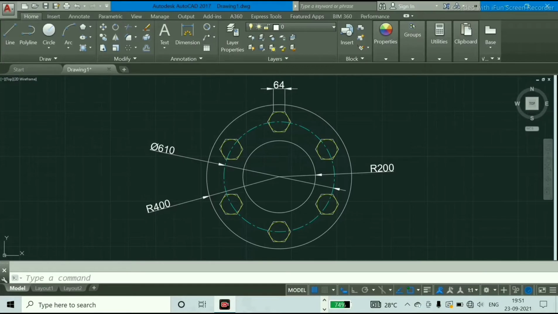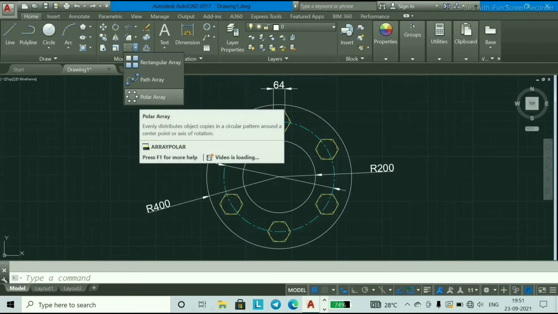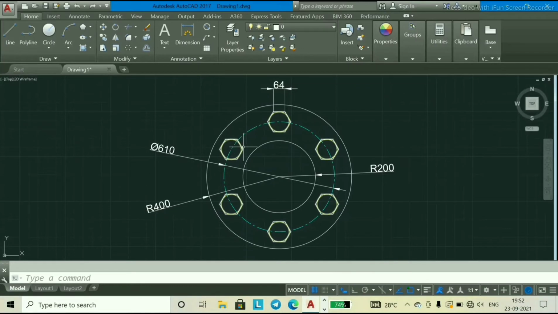So today we will make our new sketch, new geometry in AutoCAD 2017 English version. As you see here, we have created our new geometry. In this I will show you how to use the array command, the polar array. Because of this, I have made some pattern like this hexagonal nut pattern, and here I have given the dimensions so that you can easily practice. So let's go make it.